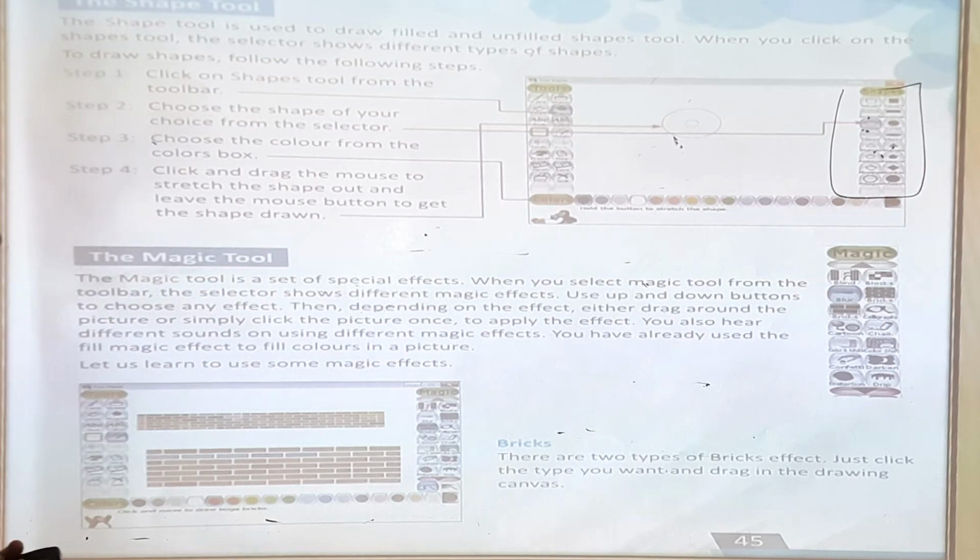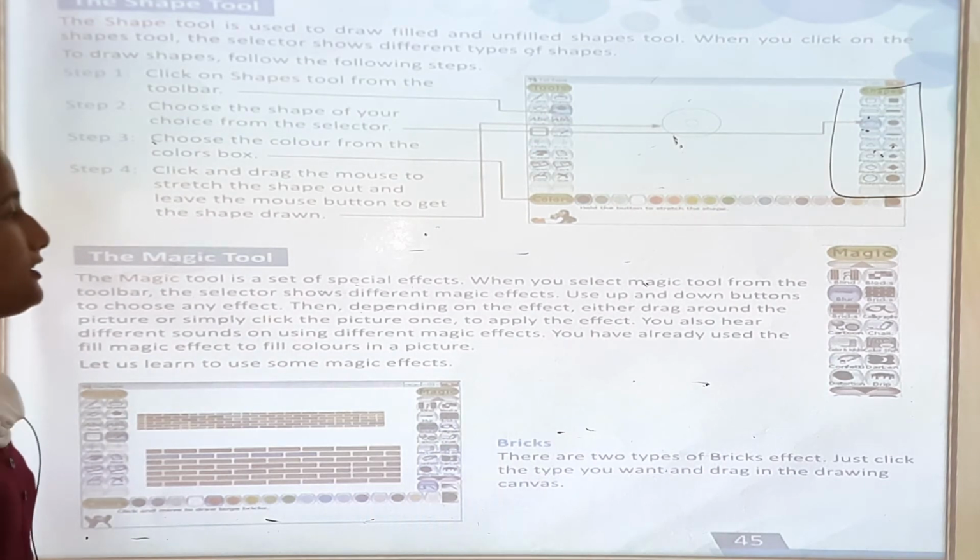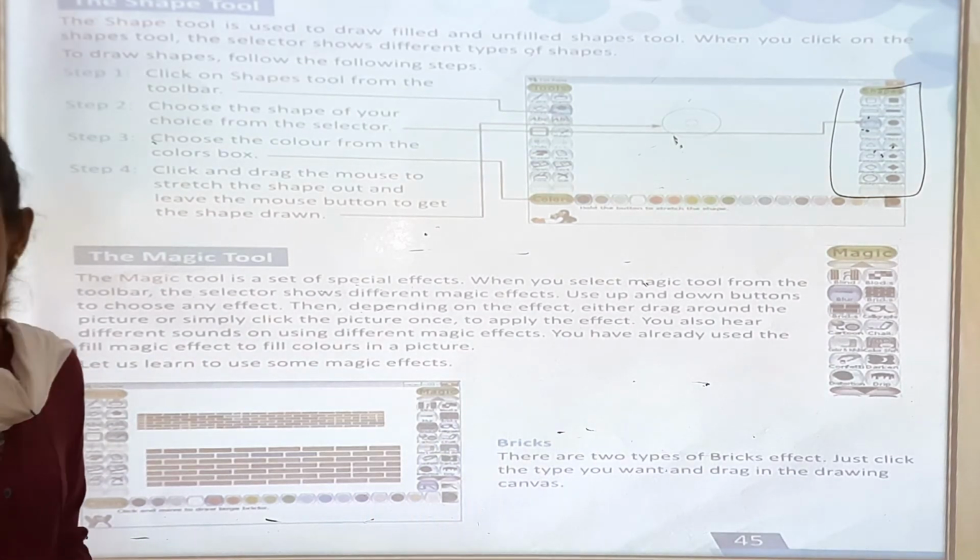Then, depending on the effect, either drag around the picture or simply click the picture once to apply the effect. You can also hear different sounds in the magic tool.